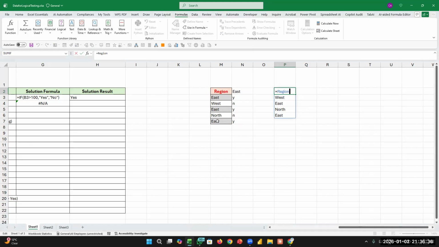This is just the equal to region array. When I type equal to region, and we already defined what region is, it has given me all the list of regions in the region, correct? So this is basically an array. This is called an array. Now, if I select this cell, it is going to give me this result. But if I select only two, like P2, P3, it is going to give me two. But if I select the entire range, all these,